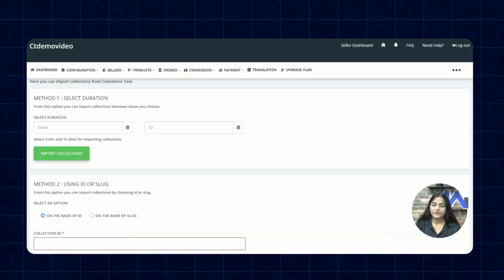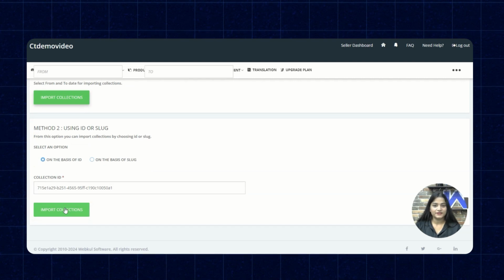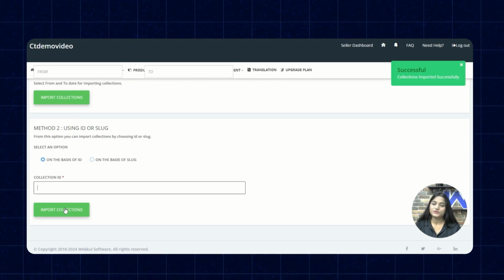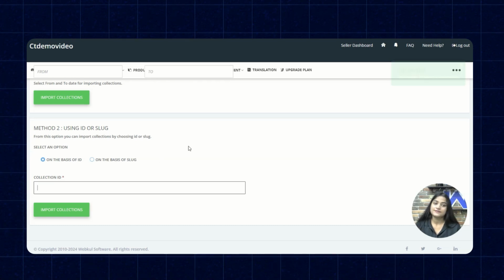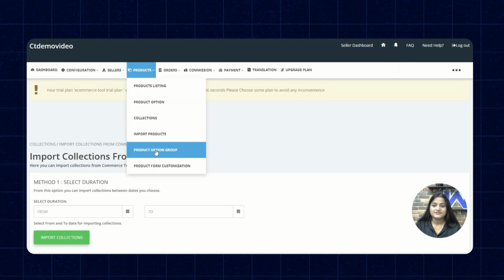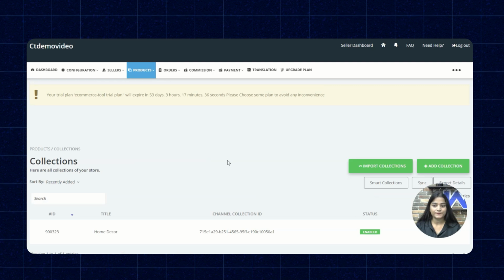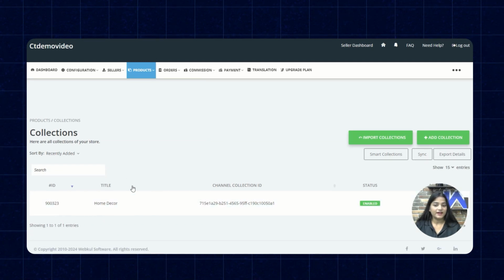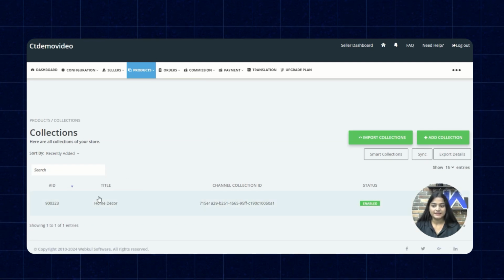Moving back to our MVM panel again, here you have to paste the ID and then click on import collections. Collections imported successfully. That means the collection ID which we have used is imported. You can check the same in the collections option. There we have the collection ID which we have just imported.